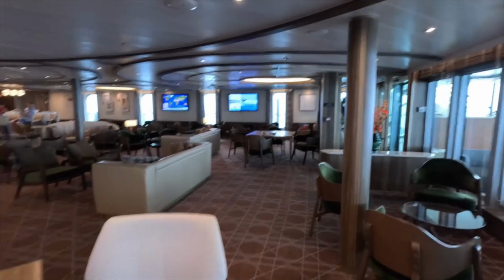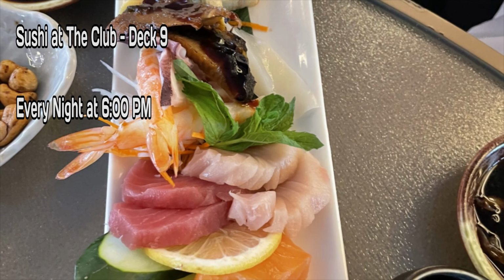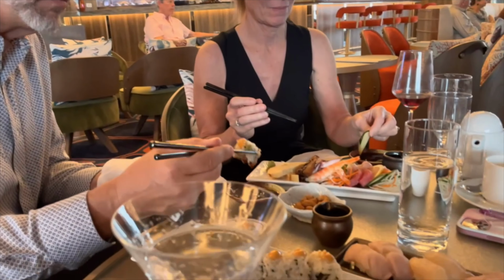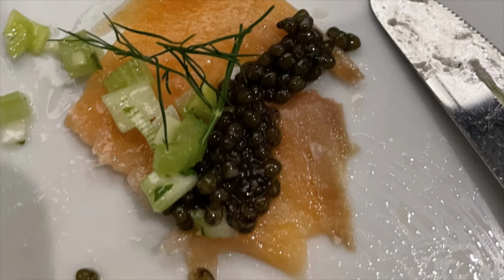Another great place is the club, and the club now has sushi every single night at about 6:15, and so our pre-dinner snack was actually a load of sashimi and sushi, which was delicious. But we didn't spoil our appetite too much, because tonight was the chef's special dinner in the restaurant, a multi-course affair starting with the caviar salmon appetizer,